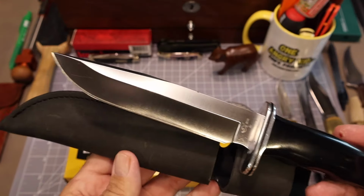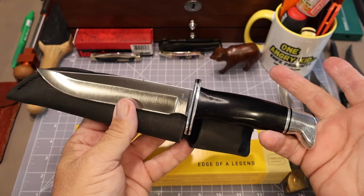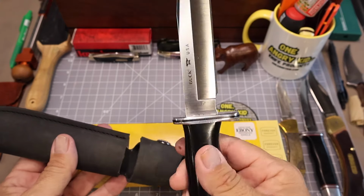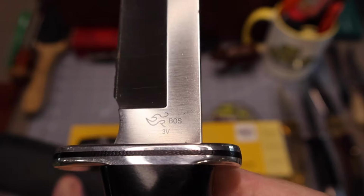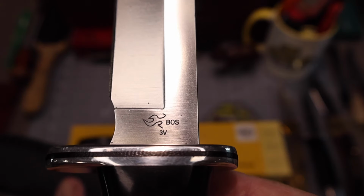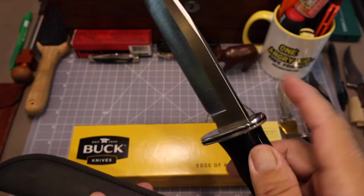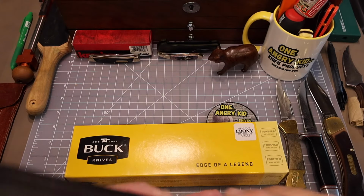This is with the straight clip point. I've showed that to you before. And I got two of these. The other one is in Magna Cut with micarta handles. And this one here is in the 3V with the Boss heat treat, and it is a beautiful knife. I think I like this one better than the micarta one, but